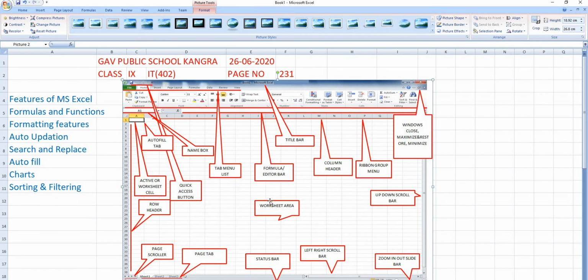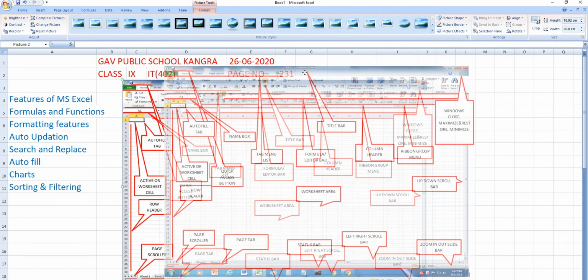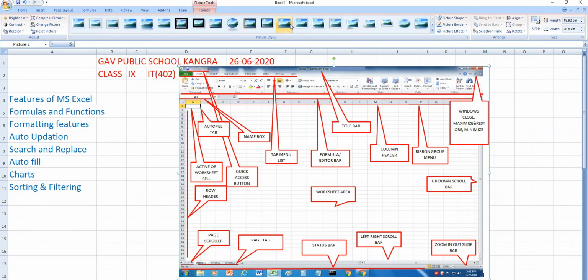Okay, so these are the different components of the MS Excel window. This is your quick access toolbar. Below is the ribbon, which contains groups and options. The topmost bar is known as the title bar, like in any other software.